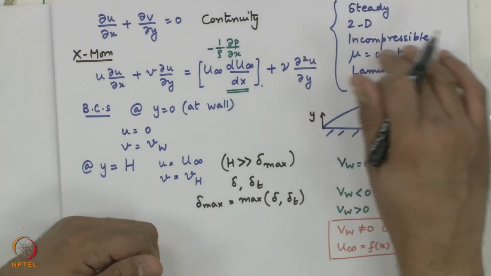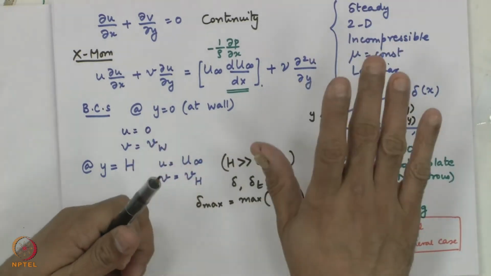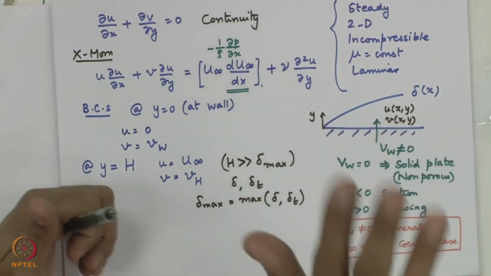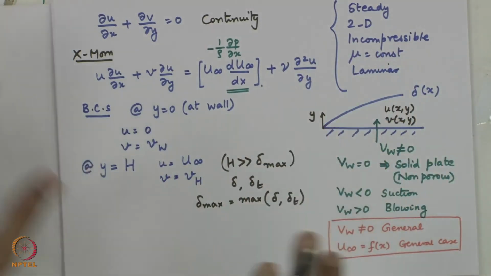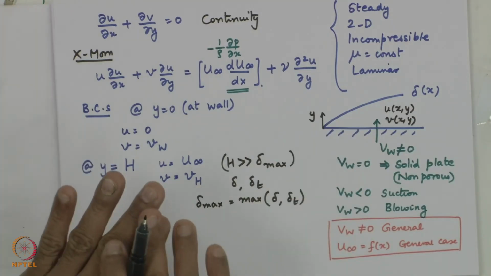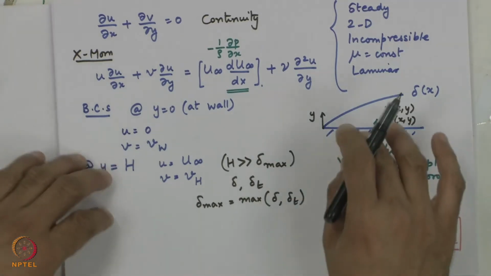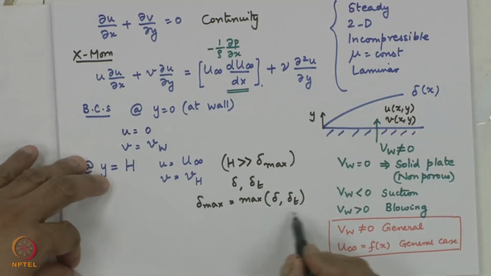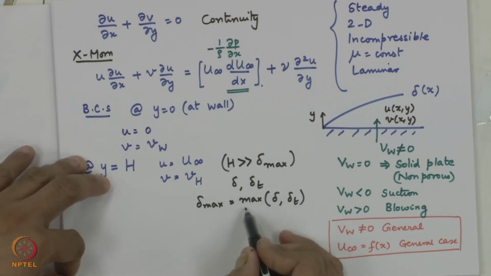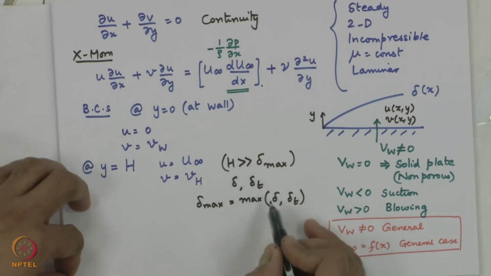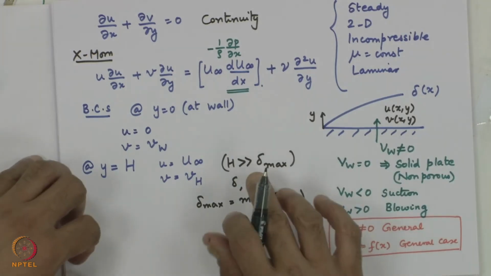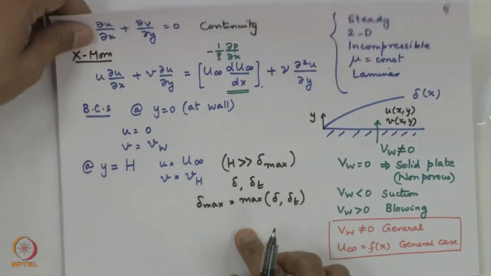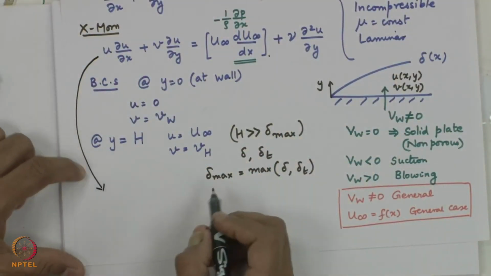This V sub h is basically a velocity in the y direction at this so-called imaginary plane at a location h far away from the wall. This delta max is basically the larger of delta or delta t, and h is much greater than that. Do not worry too much about this h, it will eventually drop off, it is just taken for this derivation purpose. So, the x momentum equation, if I rewrite it now in a form which I like,